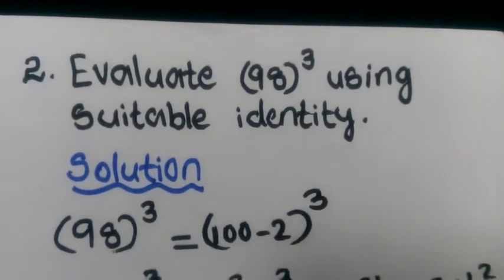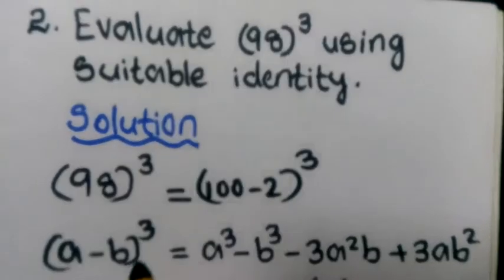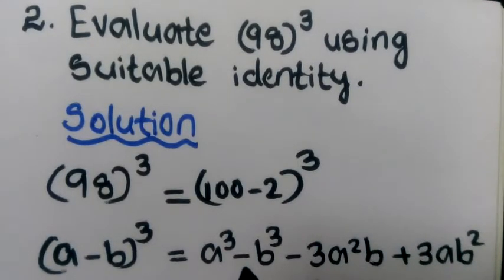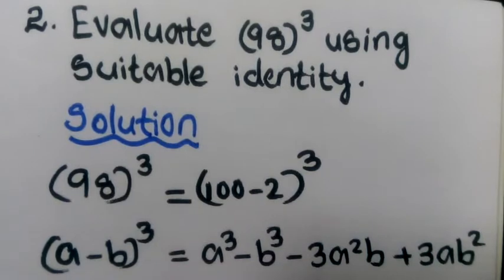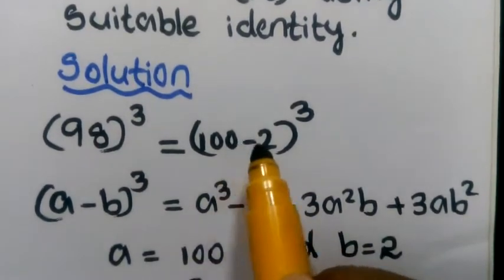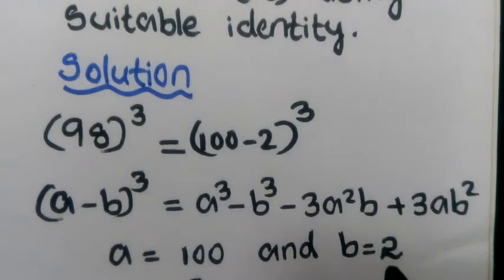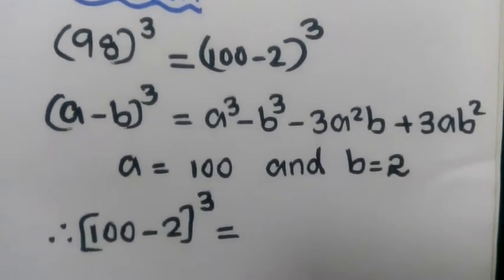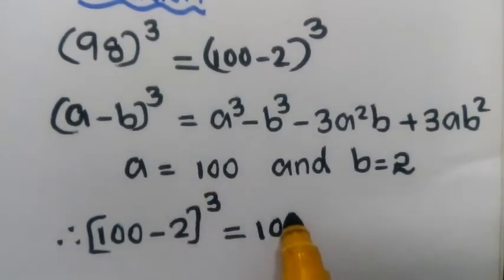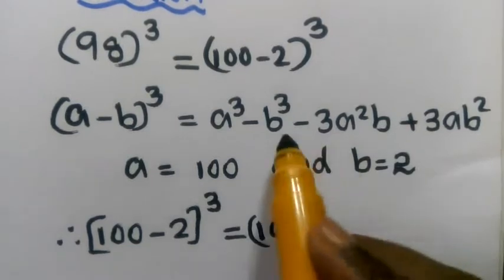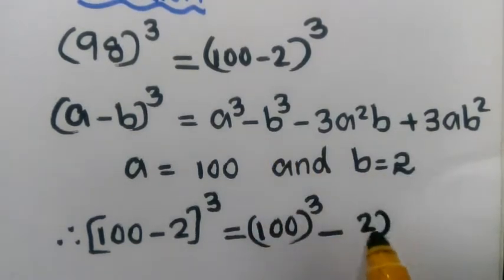Now here we can use identity 7. (A minus B) whole cube is equal to A cube minus B cube minus 3A square B plus 3AB square. By comparing (100 minus 2) whole cube with (A minus B) whole cube, we can find that A is equal to 100 and B is equal to 2. Therefore, (100 minus 2) whole cube is equal to A cube. So, A is 100. A cube is 100 cube, minus B cube. B is 2. So, 2 cube, minus